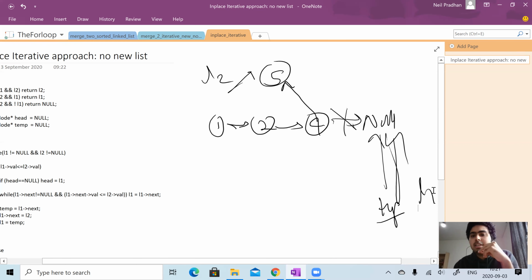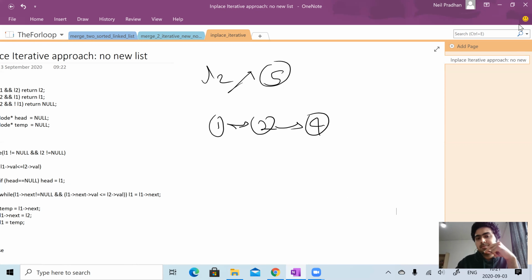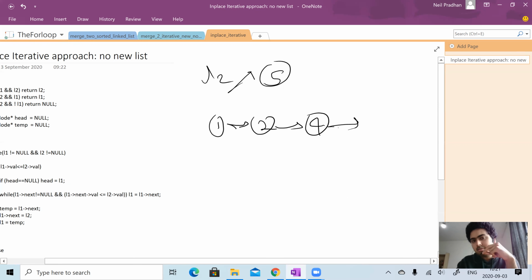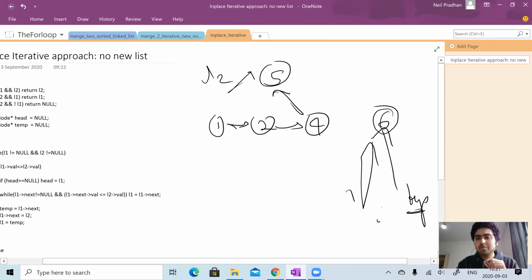But there will be a case where we don't have null as temp. So let's say the case will look something like 4, 5, then let's say 6. In this case we'll have L1 here. Now temp will be this guy pointing to 6. Then L1 dot next will be cut off from here and will point to 5. But we have temp, right? Then we can just make L1 equal to temp, so that L1 points to temp now.